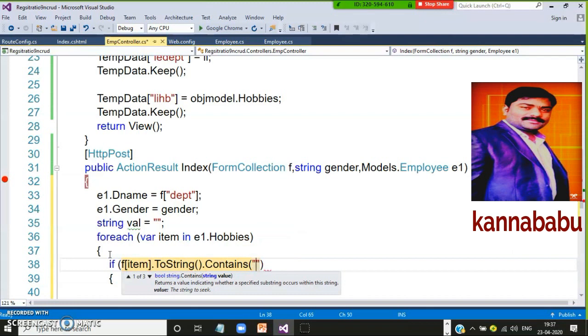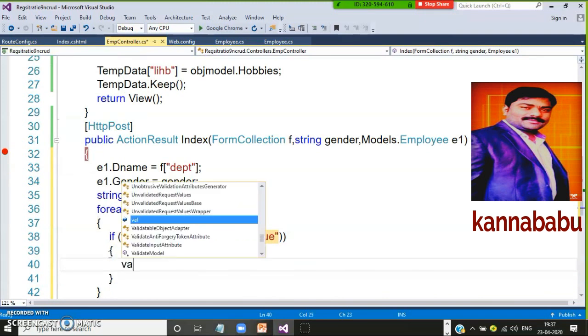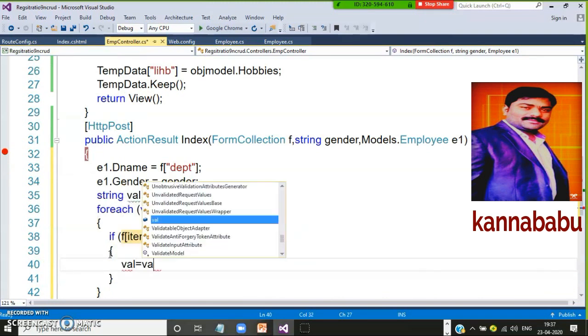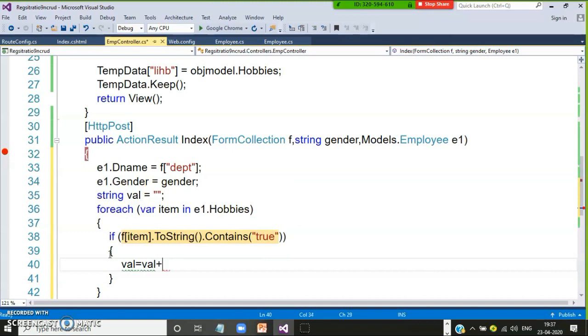Whenever you select any item in the checkbox, that checkbox becomes true. If that checkbox is true, then add that checkbox value to your val variable. Val plus a comma, plus the item.